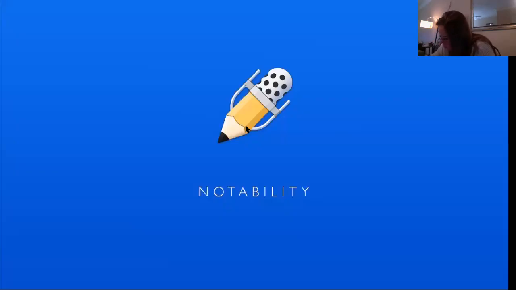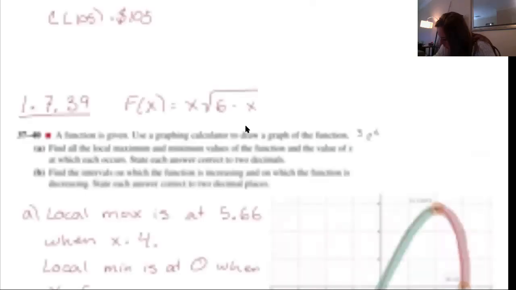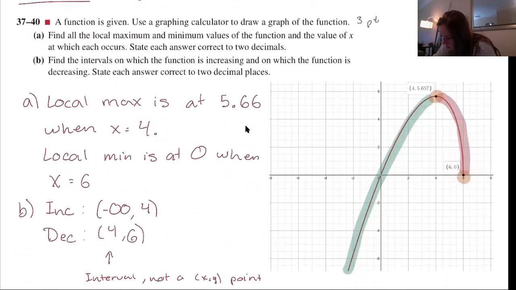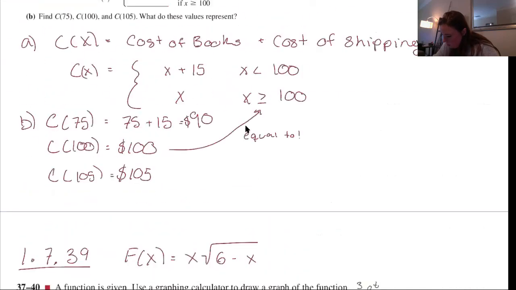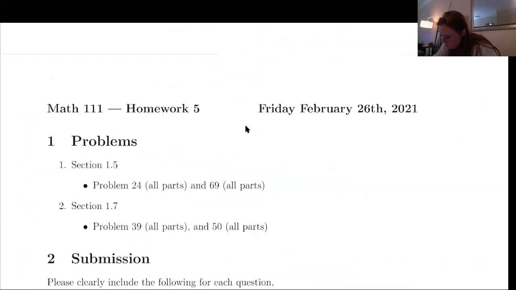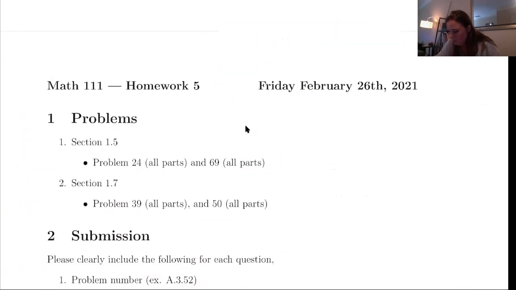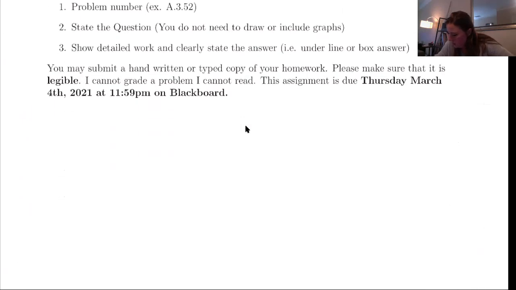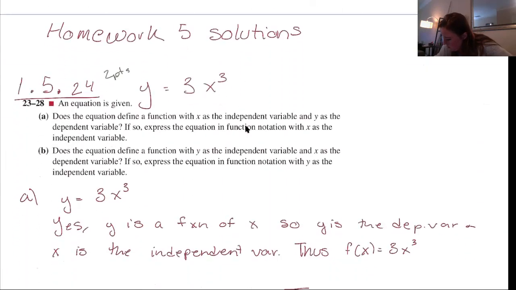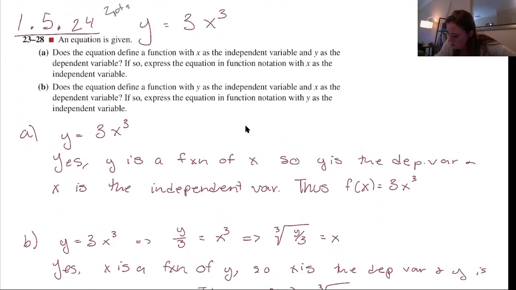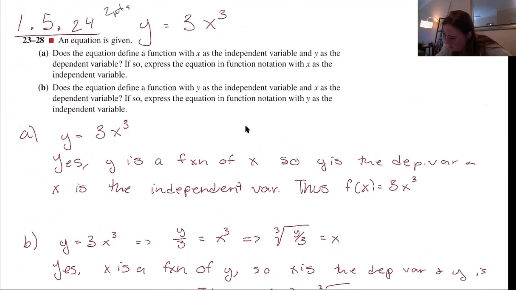So let's go over to homework 5. I think I posted these solutions. I don't think I actually have yet. I wanted to go over, right, so this is homework 5. You had problems at 1.5 and 1.7. Function notation. In this problem, you guys were asked to, if it was a function with x as the